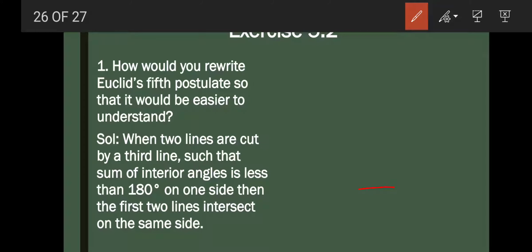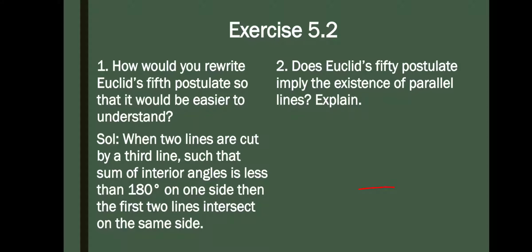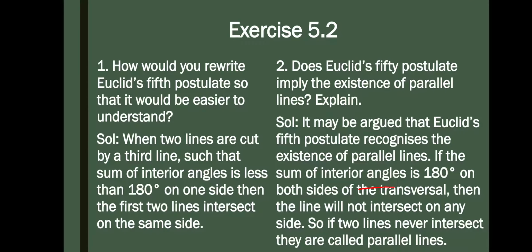Next is the second question. Does Euclid's fifth postulate imply the existence of parallel lines? Explain. कहने का अर्थ है जो ये हमने अभी Euclid's fifth postulate की definition दी है, तो उसको आप existence of parallel lines के लिए जिम्मेदार बता सकते हैं? ठीक है, तो आइए discuss करते हैं। It may be argued that Euclid's fifth postulate recognizes the existence of parallel lines. हम कह सकते हैं, argue कर सकते हैं कि हाँ, Euclid's fifth postulate ने parallel lines के existence को माना था, या recognize कर लिया था।